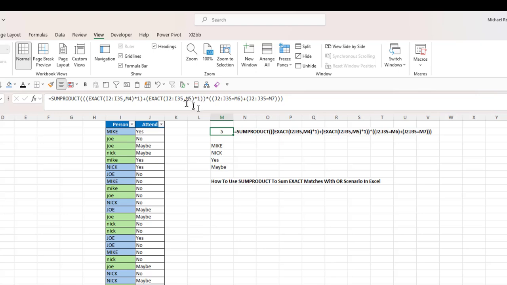Now, I'm going to multiply those times whether column J equals M6, which is yes, or M7, which is maybe. The reason I don't need to use the EXACT function here is because I don't care if it's uppercase, lowercase, proper case, etc. For example, this first item, uppercase Mike with yes, if I change this to just YES in lowercase,